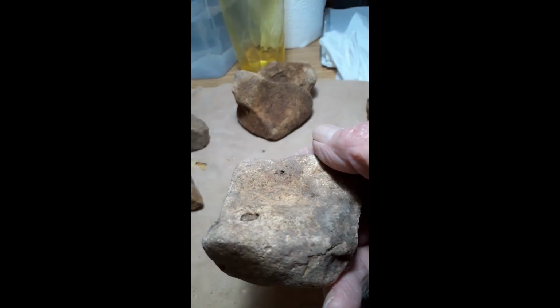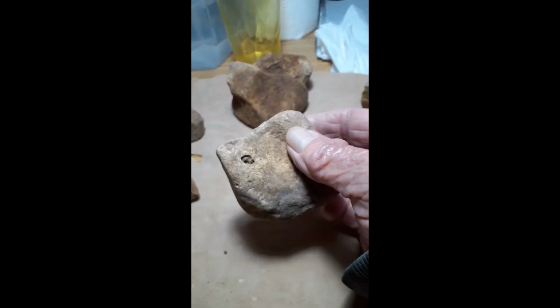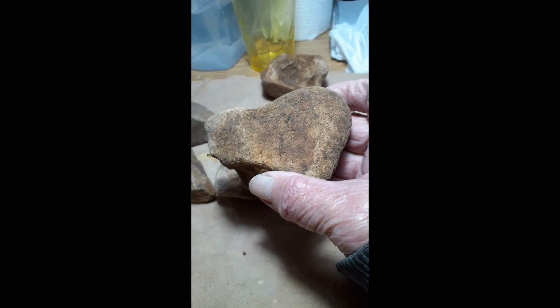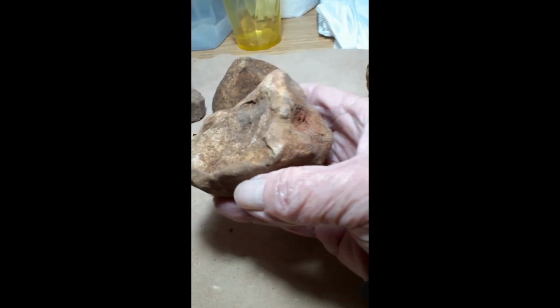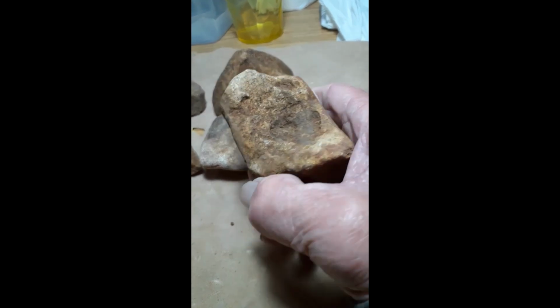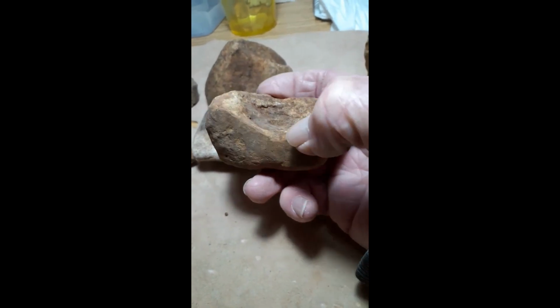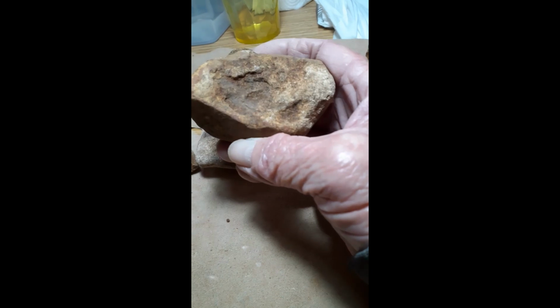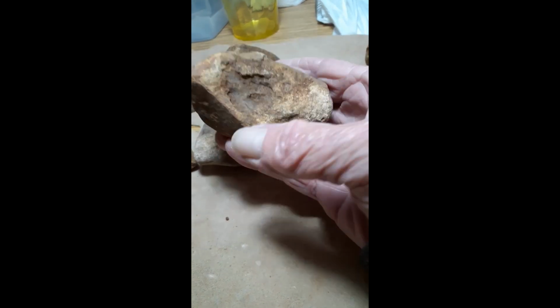This is a little color cup, and I think the color is yellow. These colors show up really good when I buffed them and cleaned them and put a little light glaze of polymer on them. This is a color cup that was sort of between yellow and red, I think. We'll see later. This one was red, a color cup for red, or possibly yellow-red. You'll notice on color cups, they always have a little channel. I got a whole bunch of examples of it. As if they want to pour something out. I don't